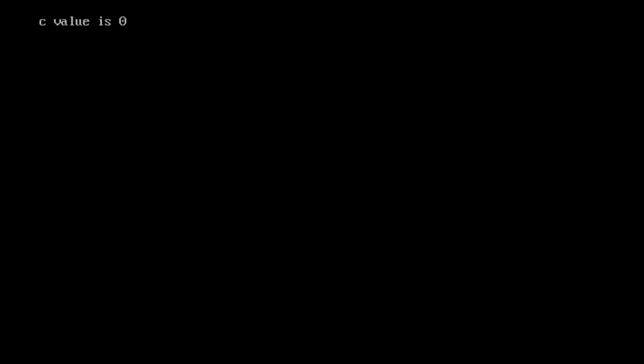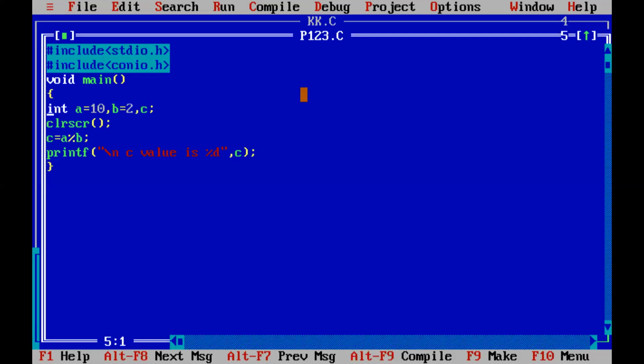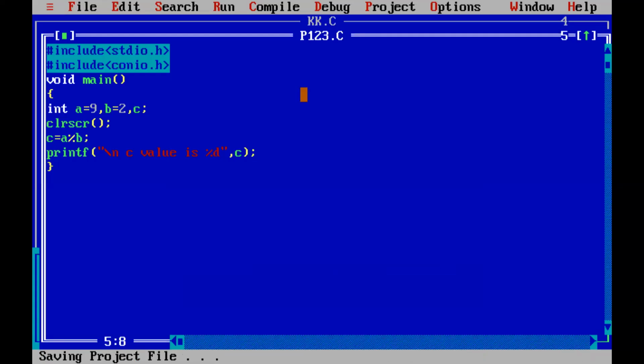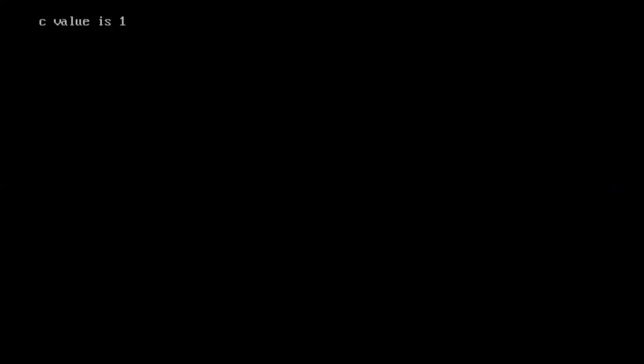Remainder is 0. I will take one more number, suppose I will take 9. Again compile the program, then run the program. So what is the remainder? 2 into 4, 8, remainder is 1. Check the output. C value is 1.